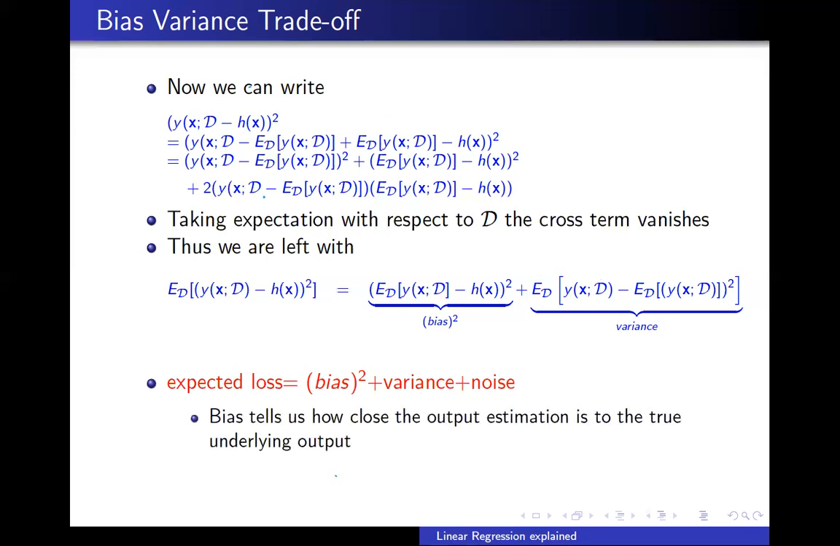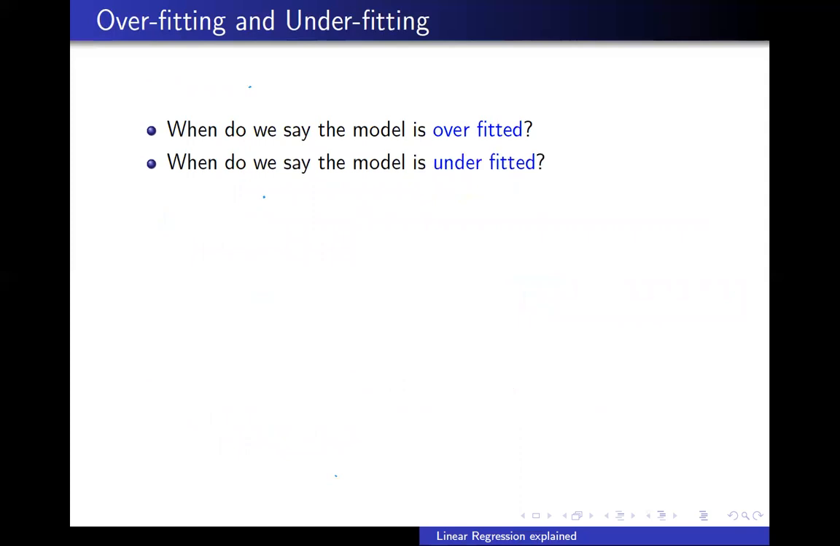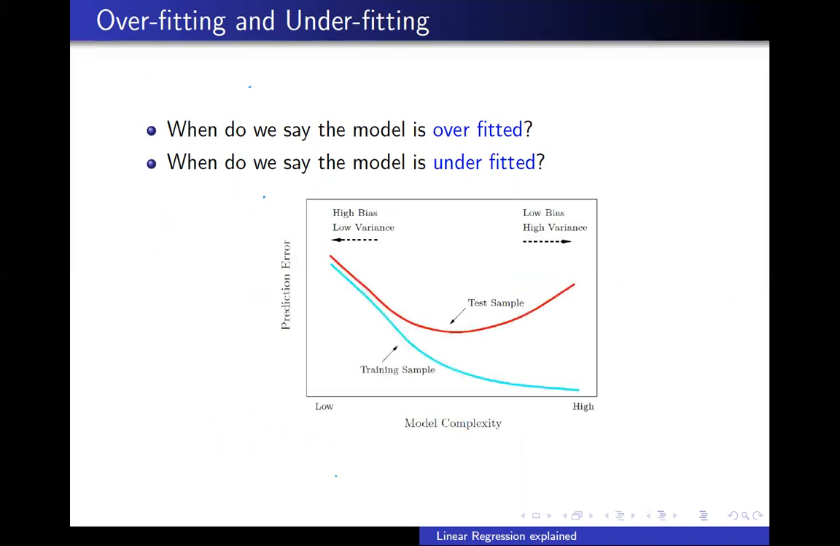The bias term basically tells us how close the output estimation is to the true underlying output, which is the conditional expectation. And the variance tells us how reliable our estimation is. That is, if we change to a different training set, how much it is going to vary. So when we say that the model is overfitted versus underfitted, which are two common terms in machine learning, is that